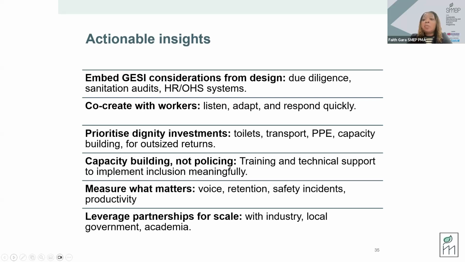This is where ETI helped us as SMEP to actually operationalize what occupational health and safety looks like in grantees' context. Also, leveraging partnerships across industry, government, and academia to scale JESI impact is necessary. This helps to build inclusive practices into policy, strengthen supply chain accountability, generate evidence, and enable systematic long-term transformative change. Finally, transitions must be measured not only by outputs, but whether women and marginalized workers experience improved dignity, safety, and opportunity.